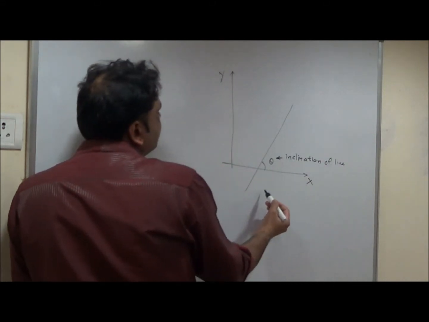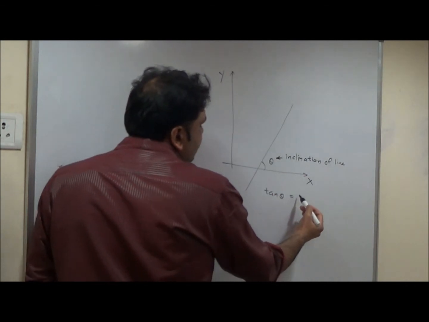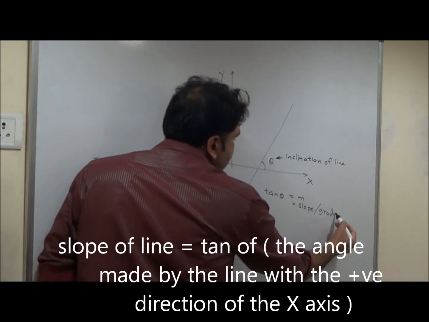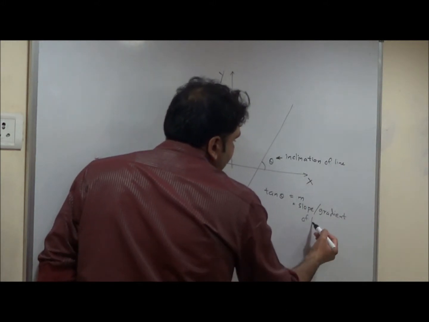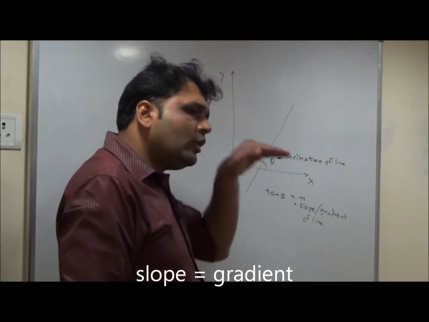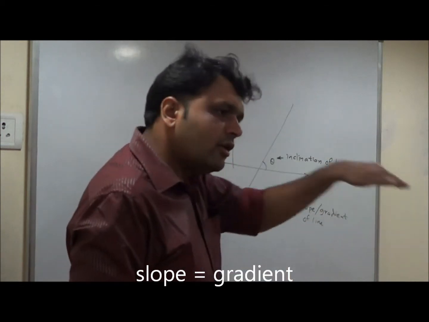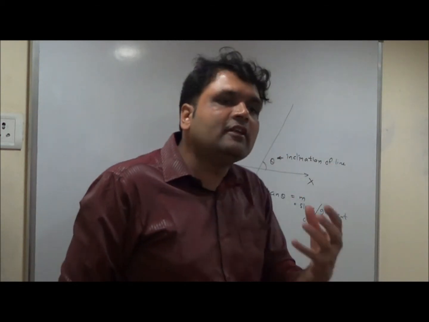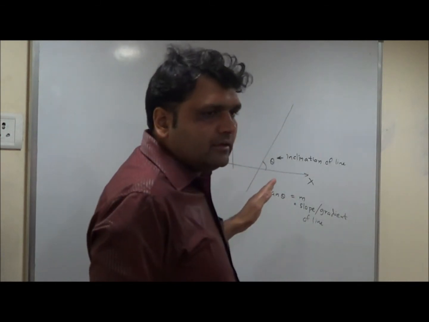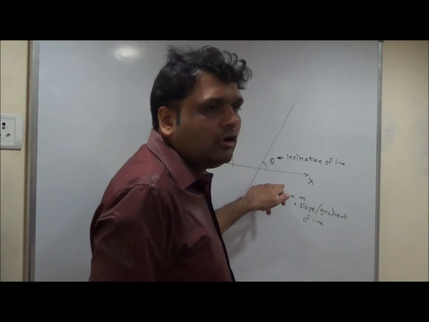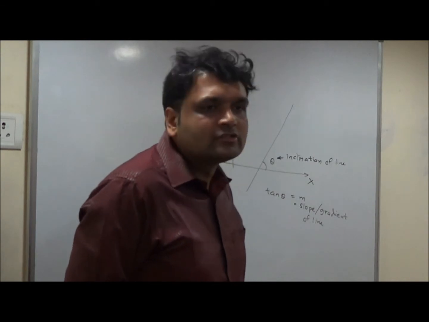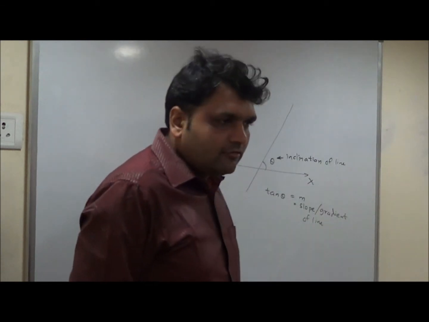And then tan of this angle, tan of this theta is called as slope or gradient of this line. It's denoted by symbol m. Slope or gradient. Many times we say a road is sloping. Now there could be more sloping or less sloping road. In mathematics, how will we quantify it? Give it some numbers. So if a road is sloping, if it's steep, I will find its angle with the horizontal. Tan of that angle is the measure of slope. More the slope, more the tan theta for that road.